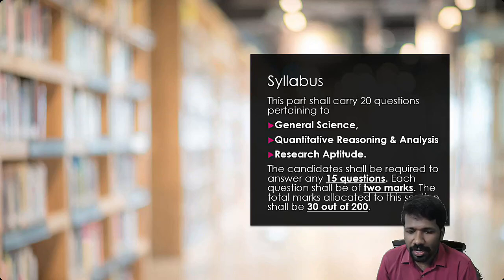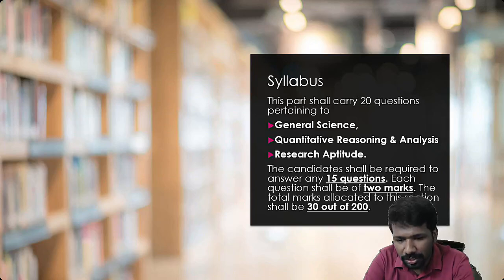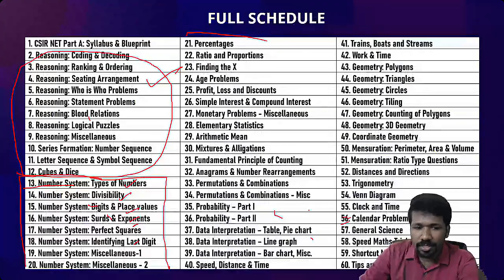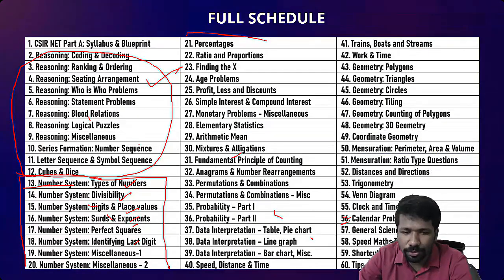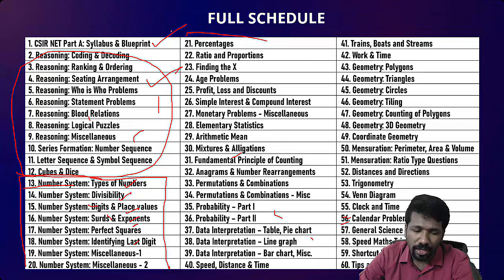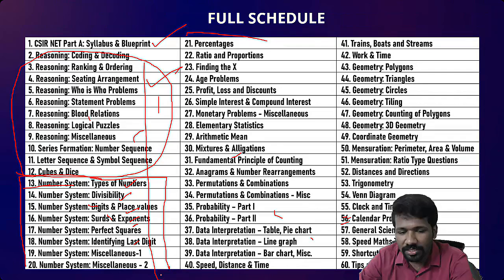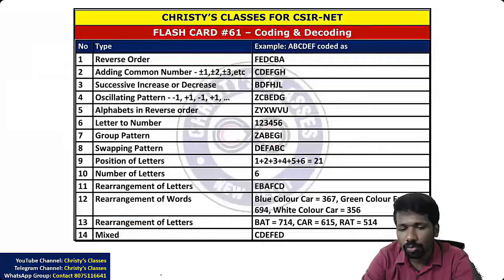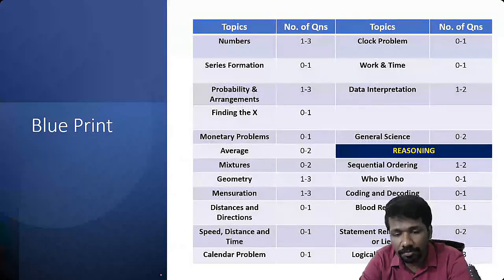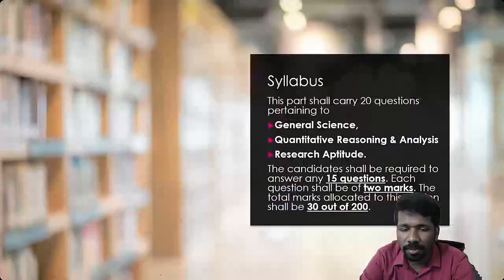आज टॉपिक नहीं है, आज सिलेबस as per the schedule itself. CSIR-NET Part A syllabus and blueprint is today's topic. आज हम क्वेश्चन का डिस्कशन नहीं करेगा. आज क्वेश्चंस क्या क्या आ सकता है, ये 60 टॉपिक्स है ना, ये 60 टॉपिक्स में हर चैप्टर का one एग्जाम्पल देने का ट्राई कर रहा है. That is today's objective. So that you get an idea exactly how the question comes, and the examples are also from the last 2 years question paper, most of them from 2024 paper itself.